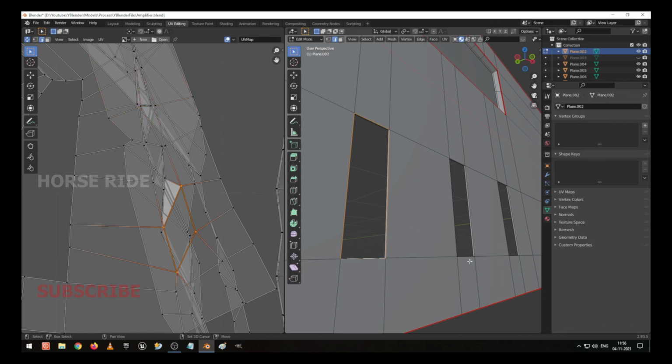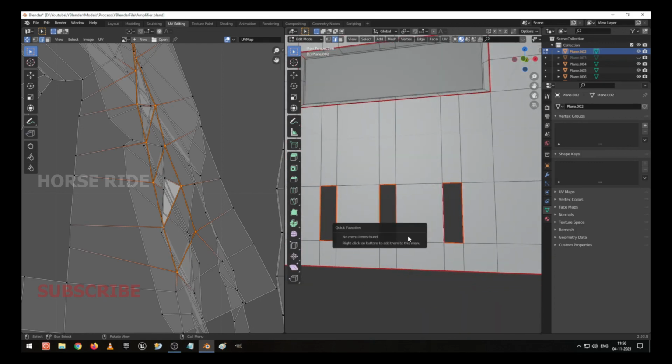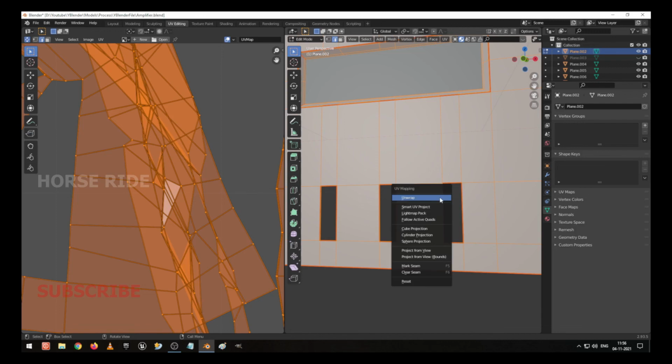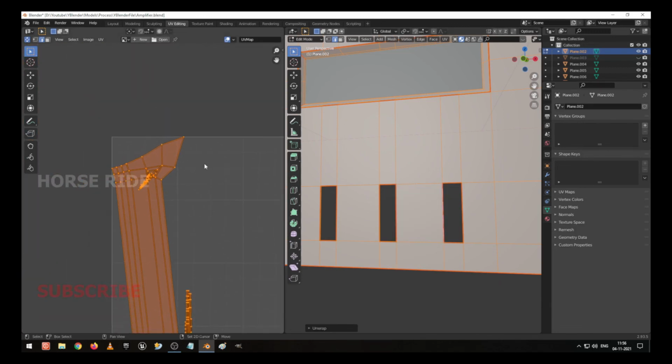Sorry, I select these edges. Select these edges. I press F5. Now I select everything. U to unwrap it. Yeah, now everything has come perfectly.